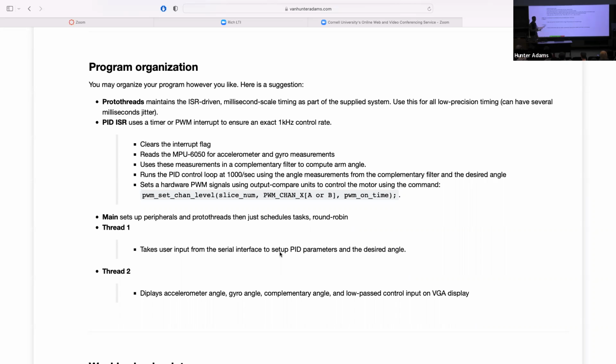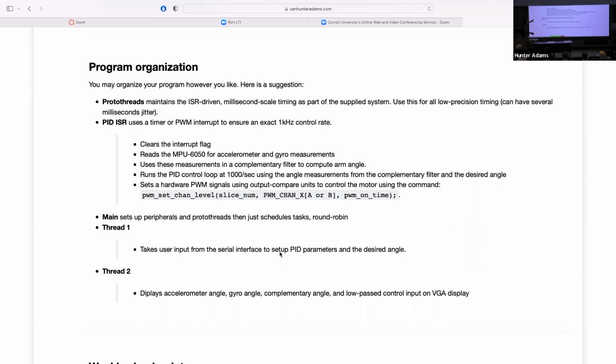But the H-bridge has 2 control inputs in order to control the speed and direction of the motor. So we're generating 2 PWM outputs from the same PWM slice. That slice generates an interrupt flag to which we can attach an interrupt service routine. And the demo code that you all have been working with has that set up already. There's a PWM interrupt service routine attached to that particular interrupt flag.